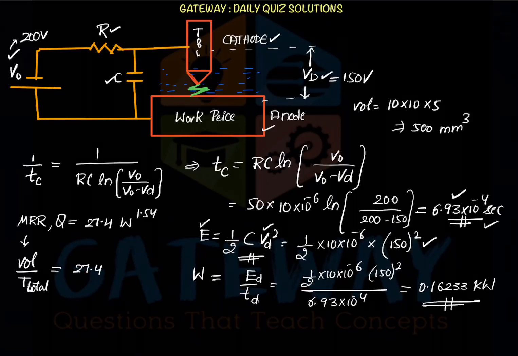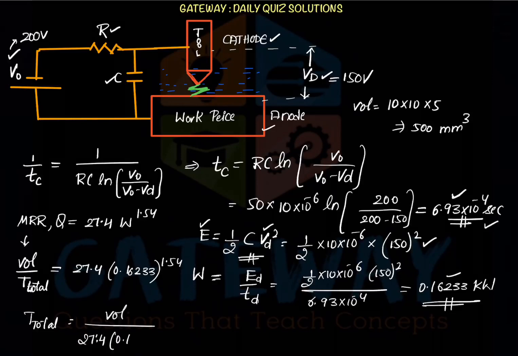Q is equal to 27.4. The W we have just calculated is 0.16233 to the power 1.54. Now the volume is also known, 500. So what we'll do is directly take the total time T from this equation. T total is equal to the volume upon